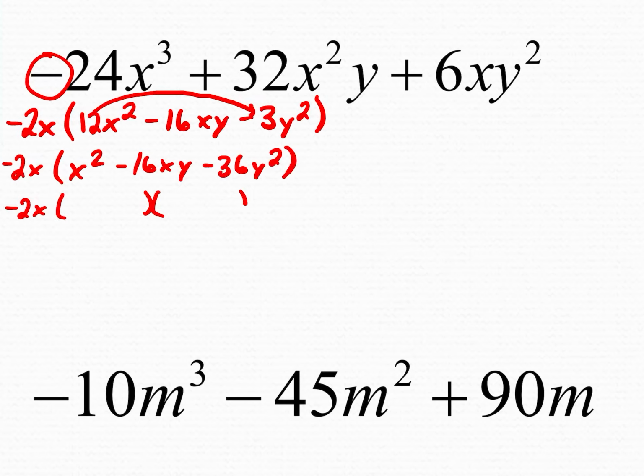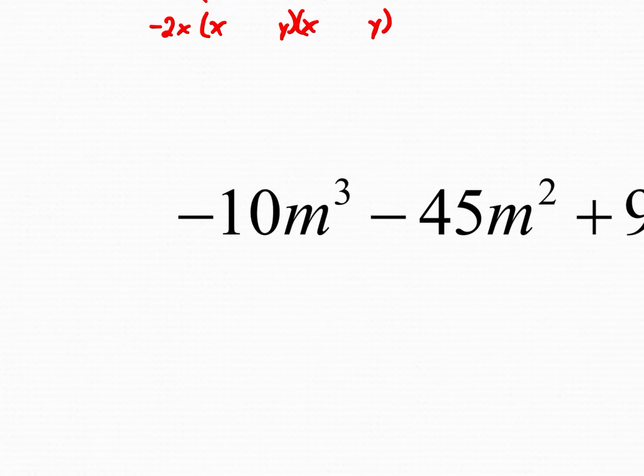Factor this now. So first term is x. Second term has the y in it. And then we're looking for two numbers that multiply to give 36 that will subtract to give 16. Well, again, because the numbers need to subtract to give 16, one of the numbers has to be bigger than 16. And so hopefully you know that 18 times 2,